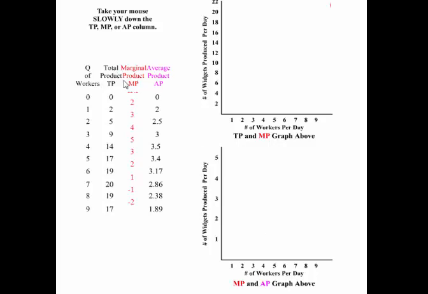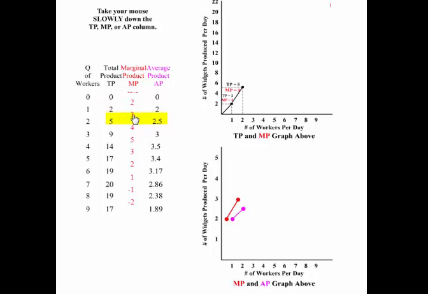Let's say you hire the first worker. The first worker produces an additional 2 units for you for a total of 2 units, which means that the average product is 2. So we have 2 here, and we have the marginal product in red and the average product in purple here. If you hire now the second worker